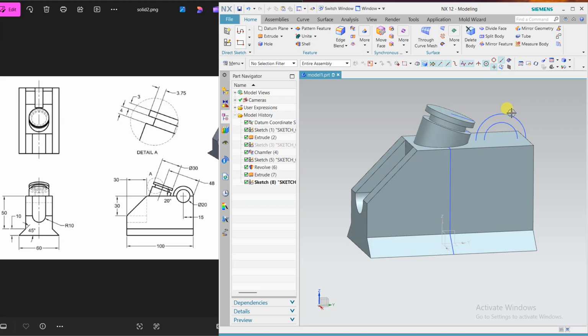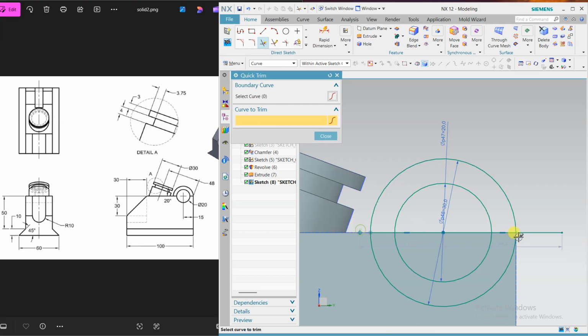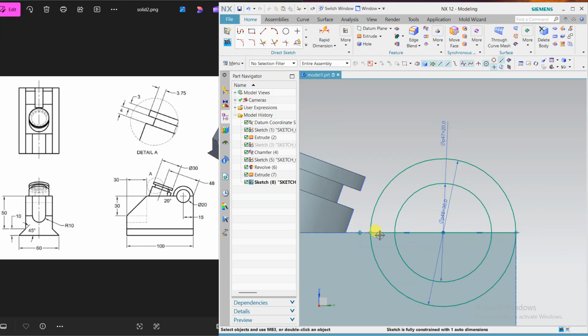One more thing. I need a simple line here. Use the trim command so that I can remove this extra line. Finish.